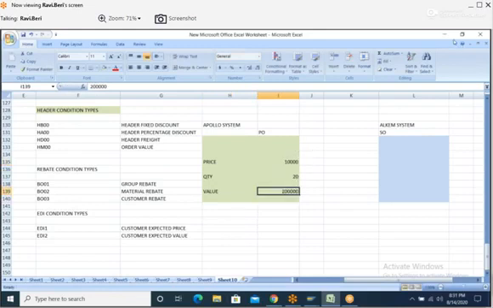Now, in early IDOCs, when you create PO in one system, you can convert that as SO in other system. This PO will be converted as SO.